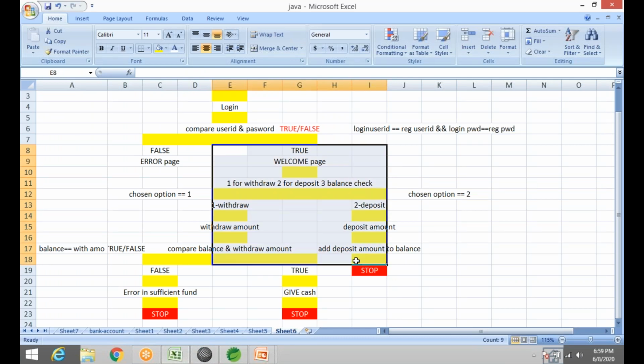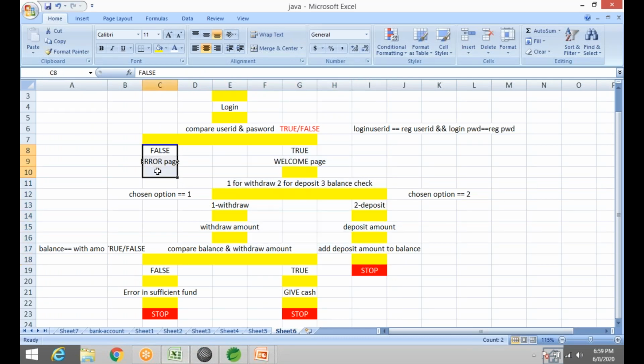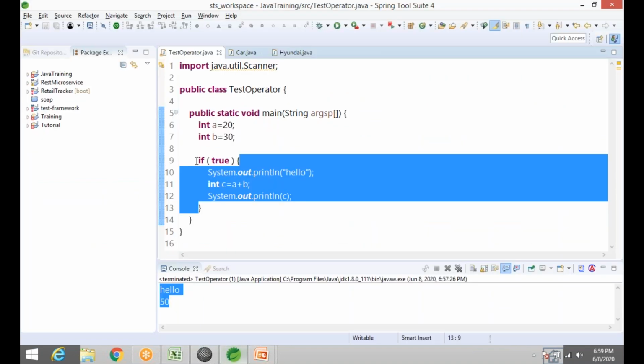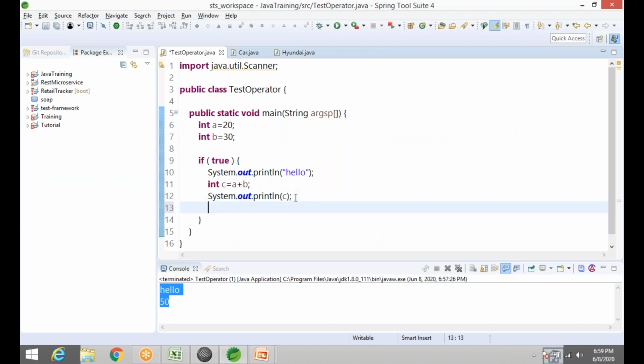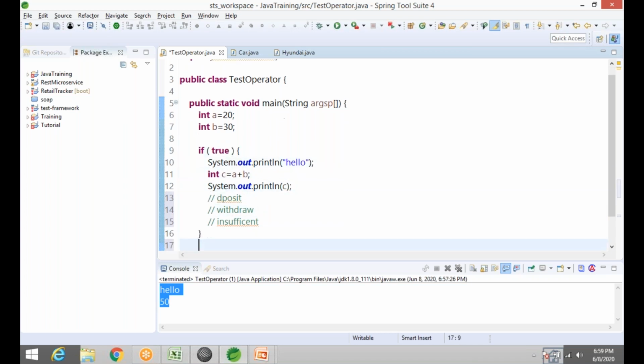the code can be executed and which isn't? Yes. This is how you do it. You write a bunch of code. You write all the code here for deposit, withdraw, insufficient fund. If the condition is satisfied, if the login is true, everything will be here. If it doesn't, then